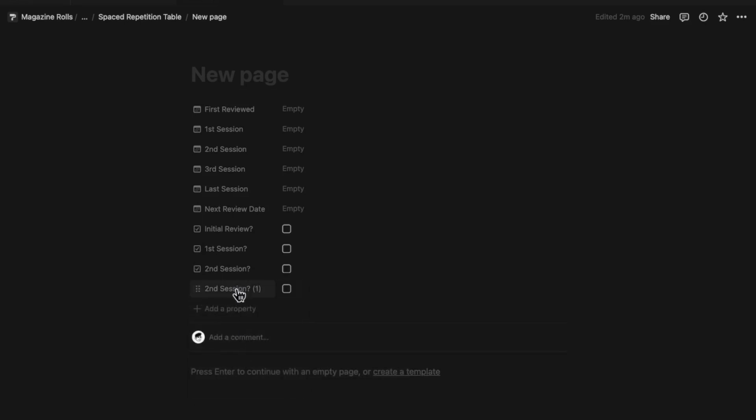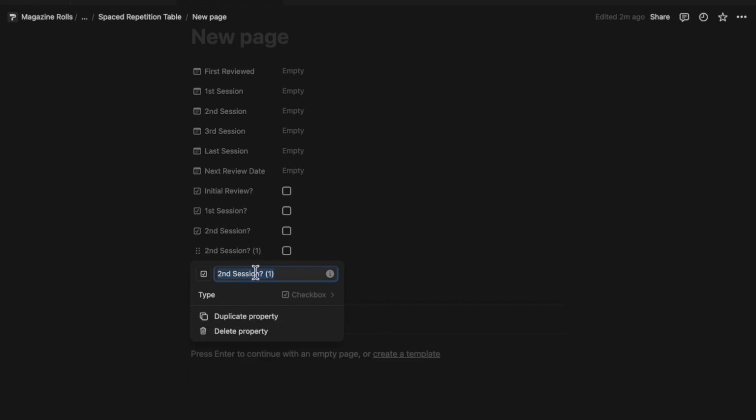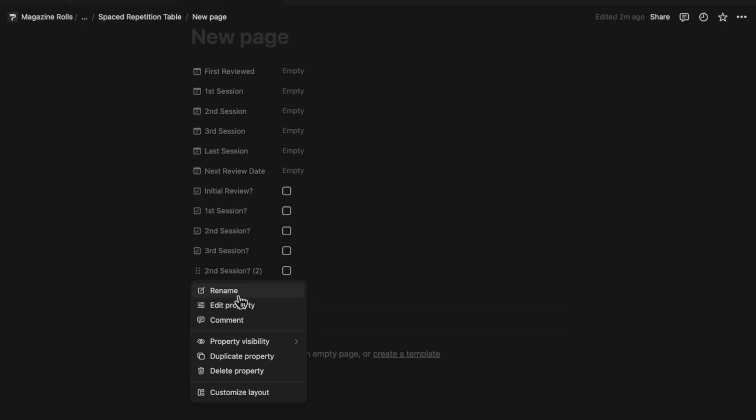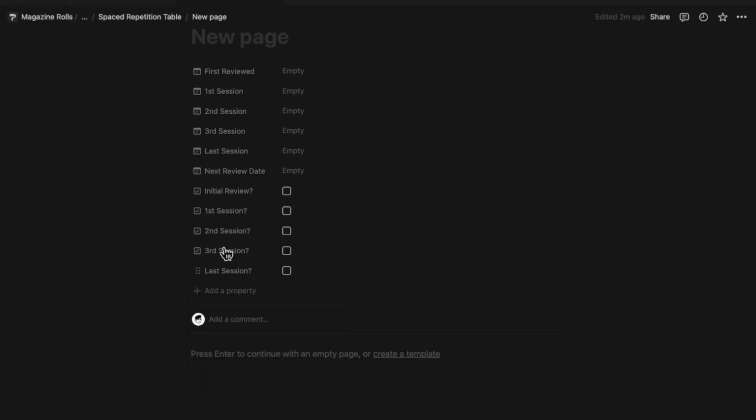And then I'm going to duplicate. How many do we need? 1, 2, 3, and then final session. I guess if the final session's done, you're kind of done with the entire thing. But yeah, so this is third session. And then this is last session. All right, so this is just, are these done, right? So we have the date that it was completed, is it completed or not, and then we have